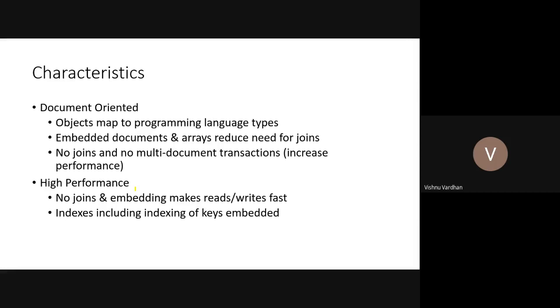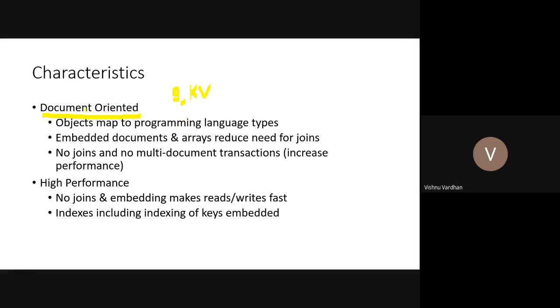Then characteristics. The MongoDB is actually a document-oriented data format, like we have seen in the initial session. Like there are some graph-based applications, there are some table-based applications, some key value pair, then some document-oriented format.